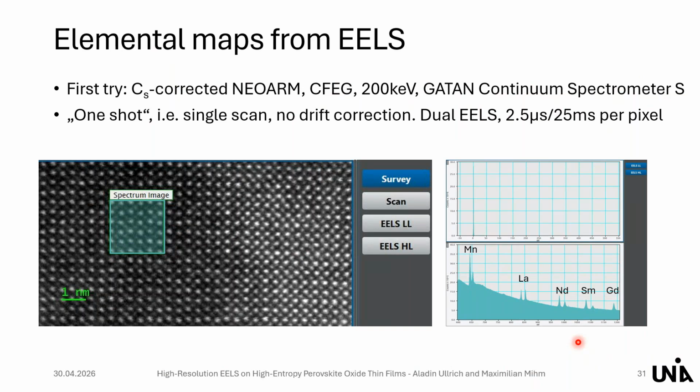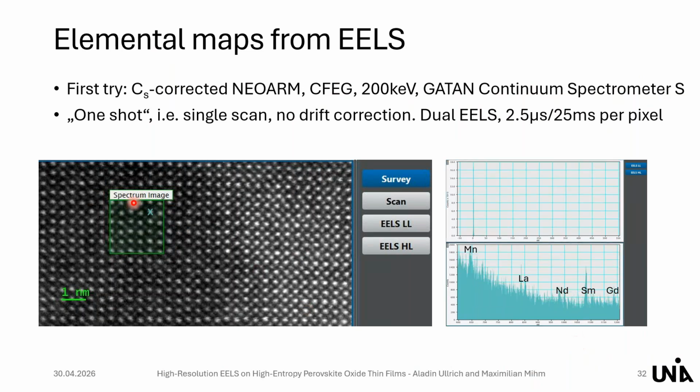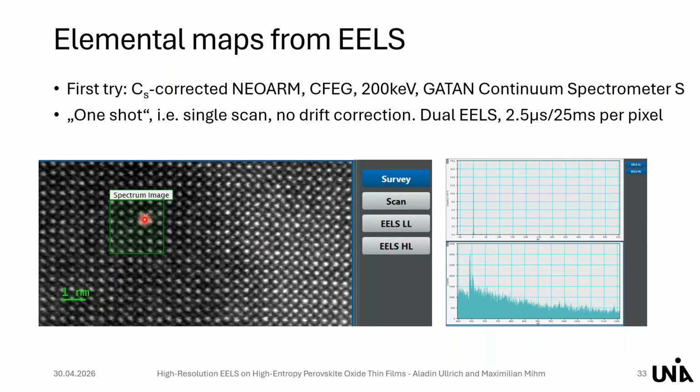So now you're for sure interested in the intensity of a single spectrum. When you go to a single spot, for example, on the B side, where you have a rare earth metal, then the spectrum looks like this. Of course it's quite noisy, but at this place you see the samarium is maybe dominating. Same is true when you go to the A side where the manganese is placed. The manganese shows, of course, a pure manganese signal, and the rare earth metals are absent here. You don't see them. And from these signals, you can then generate the maps.